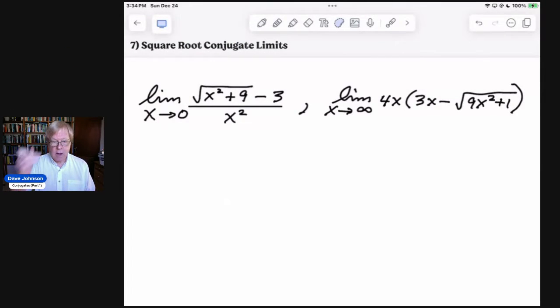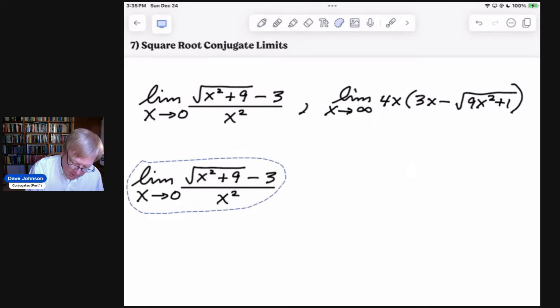I have in mind a couple of limits that I want to do. The first one on the left is maybe the easier one, and we'll do that fairly quickly. The right one, maybe a little bit trickier, but not much. So let me just copy this